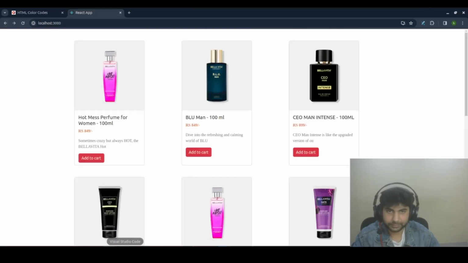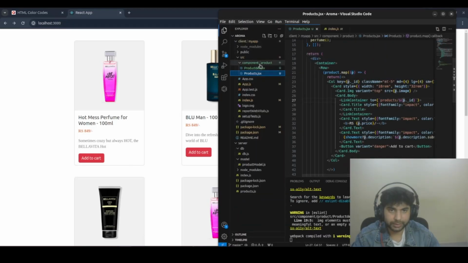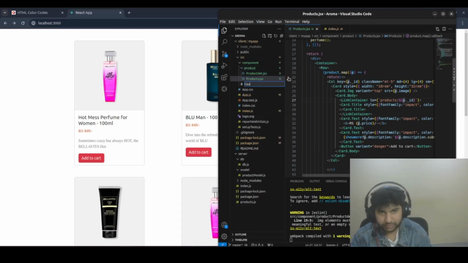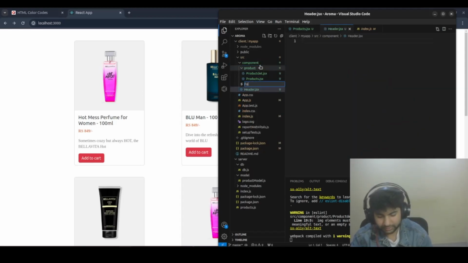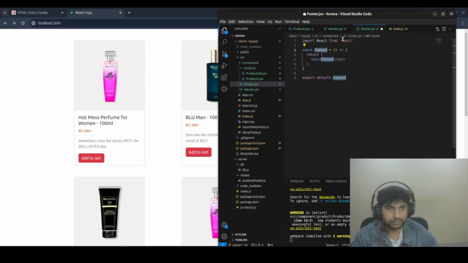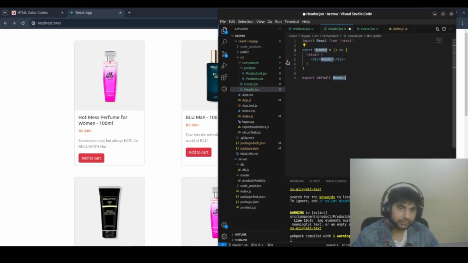Okay, now here I will make one more component, new file, header.jsx, and one more component, footer.jsx. RAFCE. Okay,